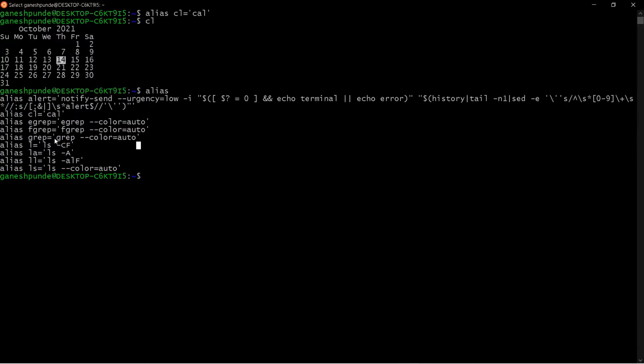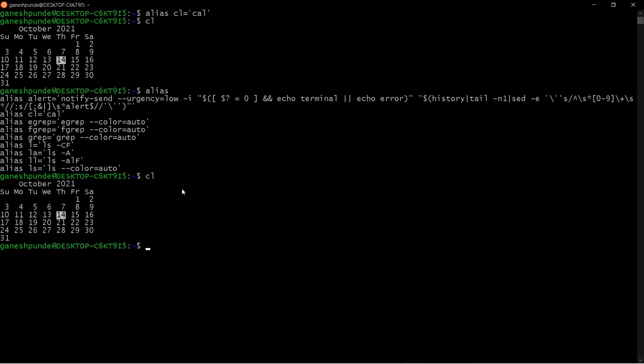Some of these aliases somebody already created, I am not sure who, but these are the aliases created in this session. We saw that if we use cl, it will print the calendar, because we created the calendar command alias here.